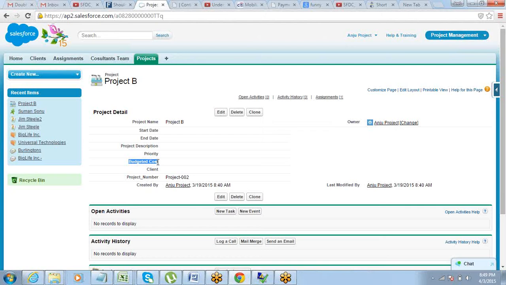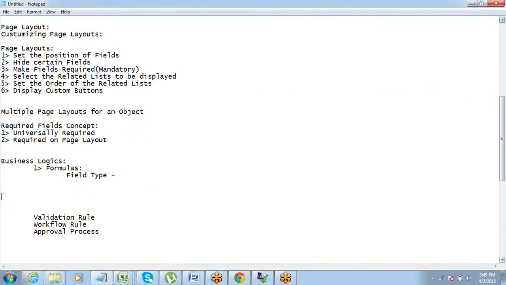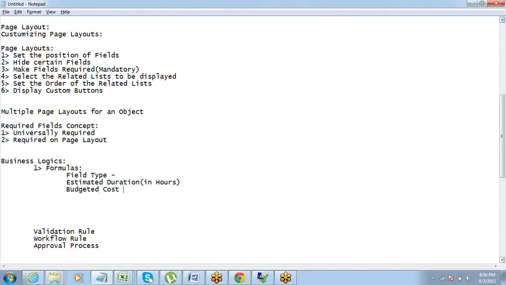Now what we are going to do is use a formula field here instead. Say for example, the company works on a logic that for every project they will have an estimated duration in number of hours, and budgeted cost will be calculated automatically as 50 times the estimated duration.